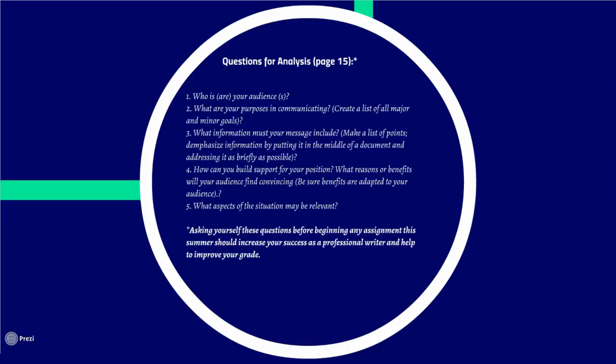To de-emphasize points, you put them in the middle of the document and address them as briefly as possible. To emphasize points, you put them up front or at the end, or maybe in both places if you're really wanting to get a particular aspect of your message highlighted. Then you're asking yourself how you can build support for your position, and you're outlining benefits that are adapted to your particular audience. And then you're thinking about which aspects of the situation are relevant, making sure to exclude any aspects that are irrelevant from the communication